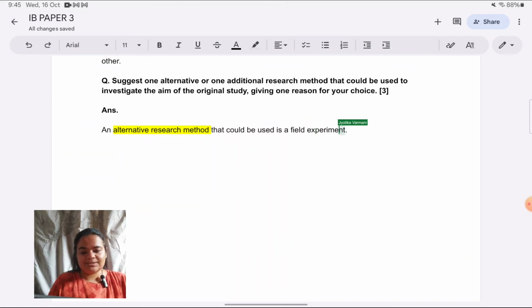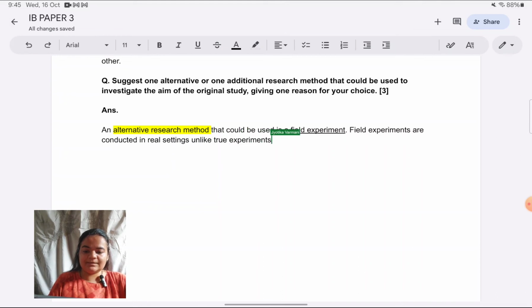Now it's all about justification. Again, because it's 3 marks, 2 points of justification should suffice. It's not 9 marks that I should get really elaborate and explain exactly how it should be done. I need not go in that much detail. Field experiments are conducted in real settings, unlike laboratory or true experiments, which are conducted in the laboratory, giving field experiments higher